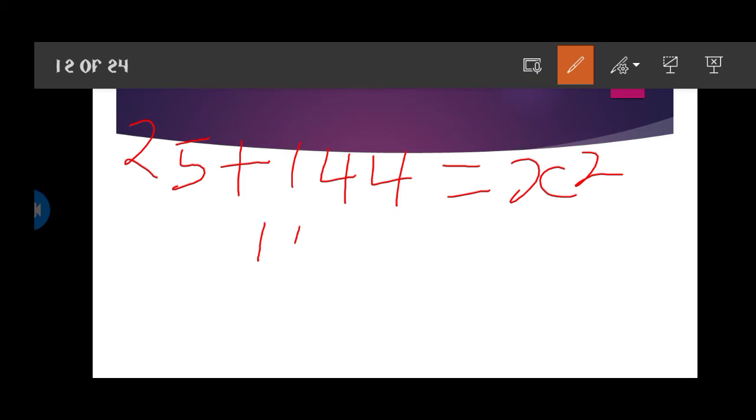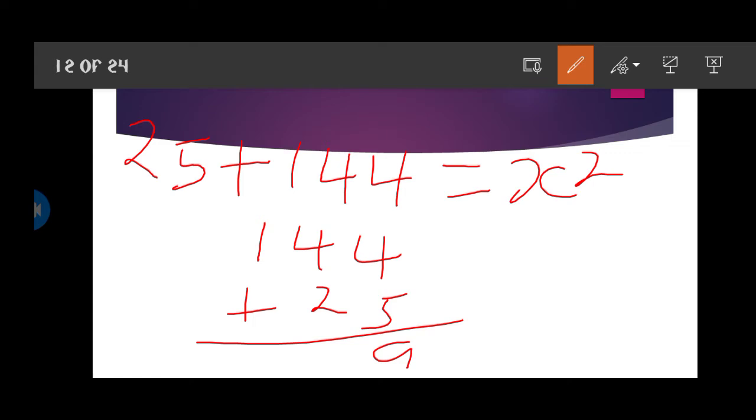That's 144 plus 25, 169, so that equals x square. So 169 equals x square. So we now agree that you can rewrite it and see x square. You can also agree with me that we can rewrite it as x square equals